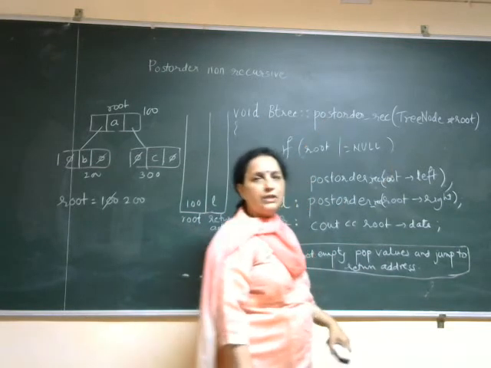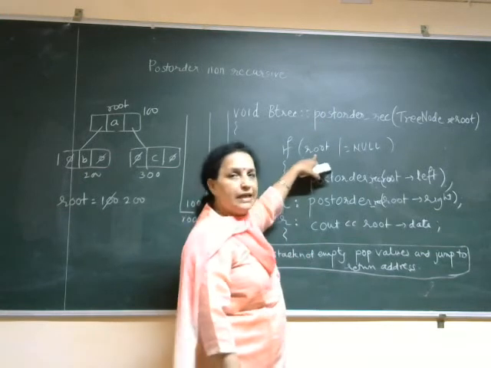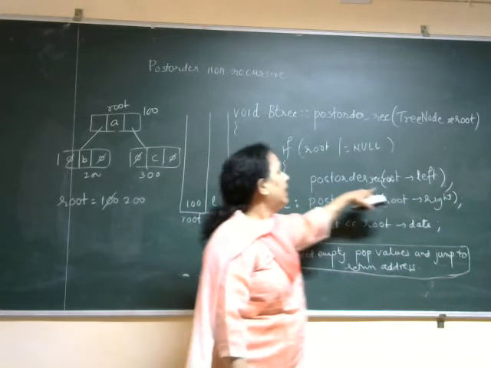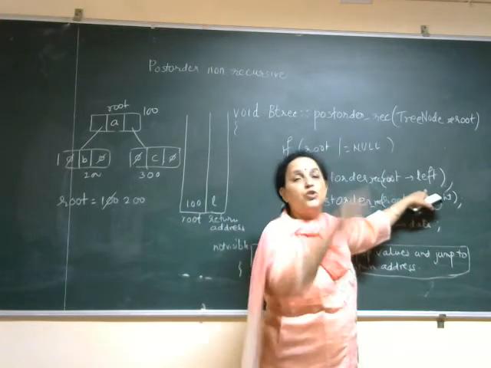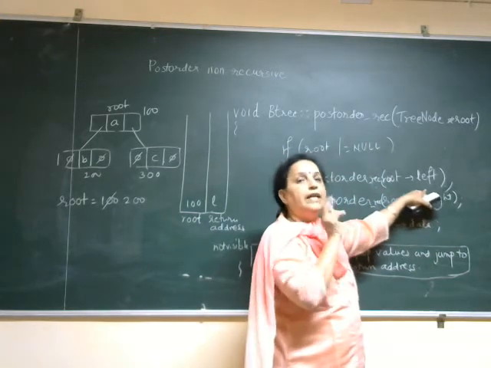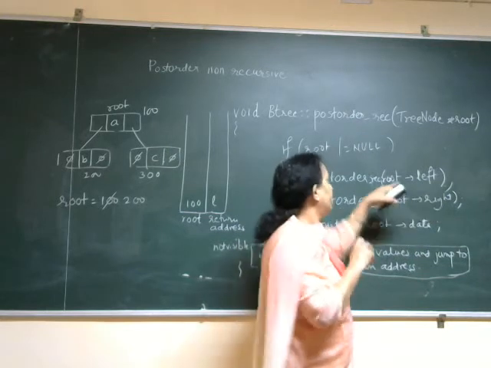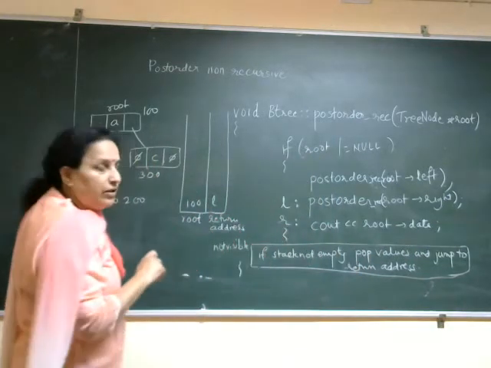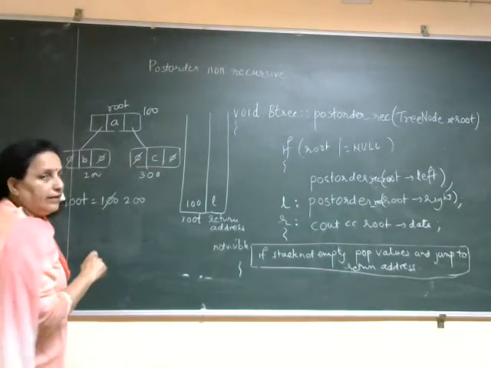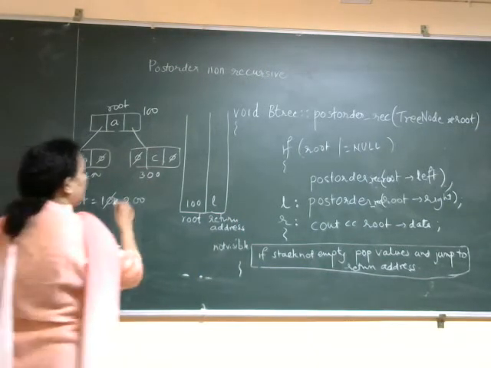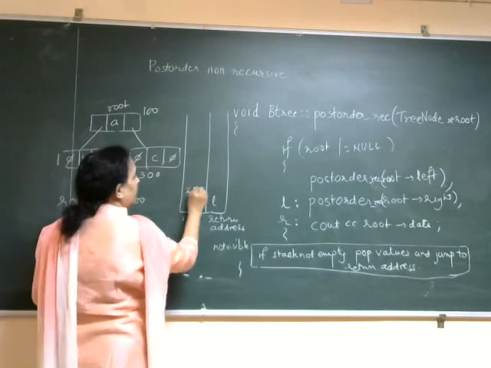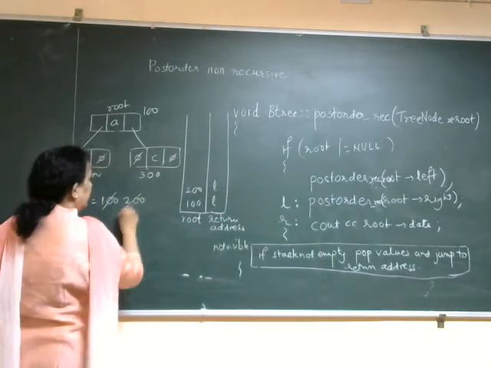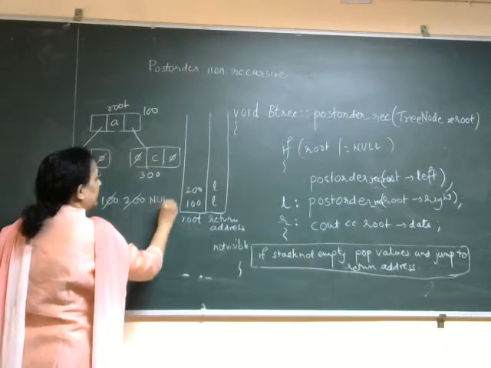So now my root is what? 200. Root is null? No. So again I will come back and I will call root pointer left. So I am going left till now. That is the main function. So root pointer left is what? Null. 200's left, that is null. So before changing this, I will put the previous value 200 with L and I will change this as null.